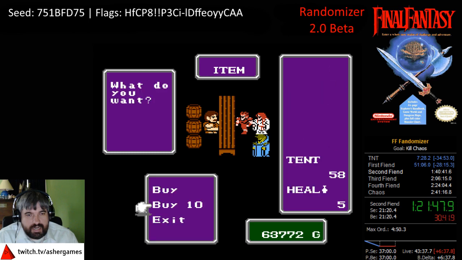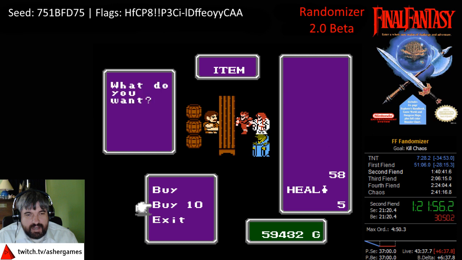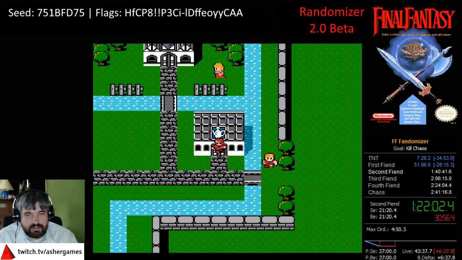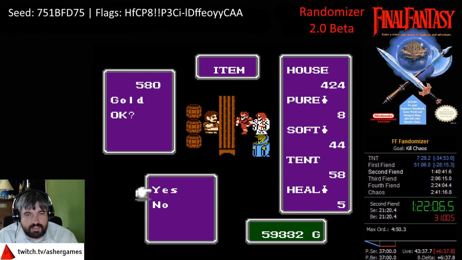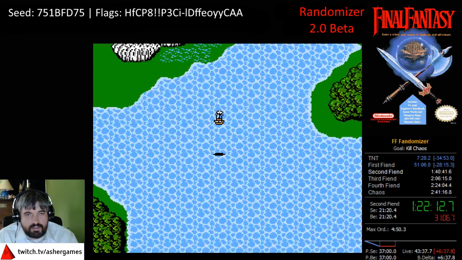So yeah, no rod, so I'm gonna have to do the Earth Cave all over again, but if there was a trap that meant I had to dive to Earth Cave without the rod, which I wouldn't have done. That was my mistake. Let's get some tents too. Might actually pay off. Alright, so...